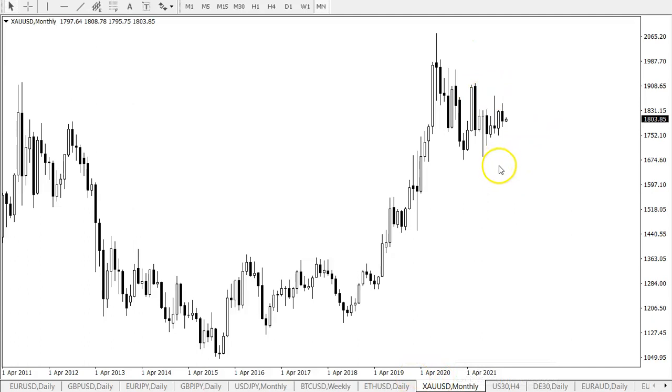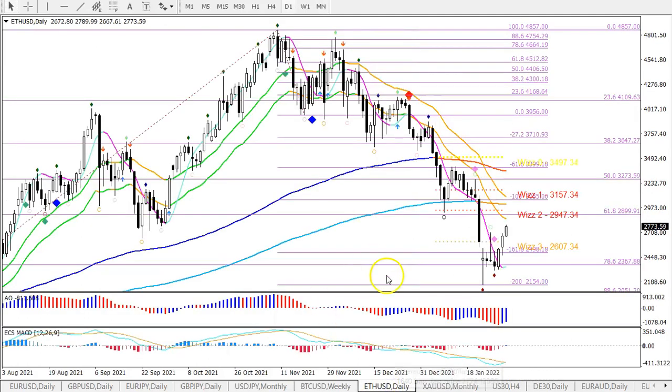Gold hanging in there, going sideways. Not much volatility, hanging around 1800. Triangle pattern. Ethereum following Bitcoin. So that's about it, I think, for the moment. Let's take a look at the